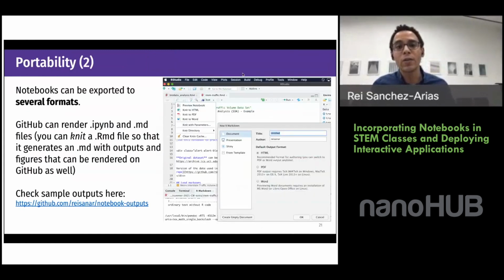Here's the other way to take a look at the variety of formats you can have when exporting your files. So in this case, some of you may be asking yourself, can I actually export this in some of the traditional word processing software? And so if you want to generate a Word document from your notebook, you can actually do it, which